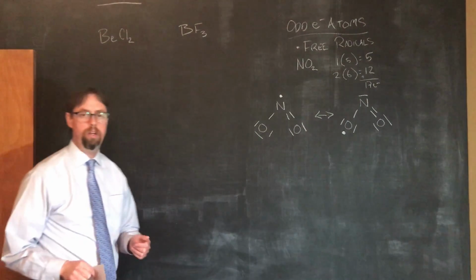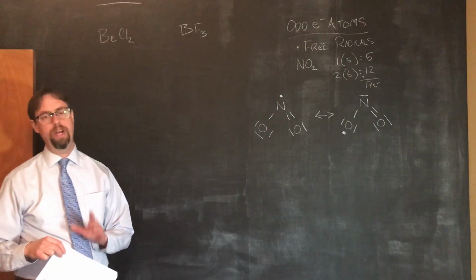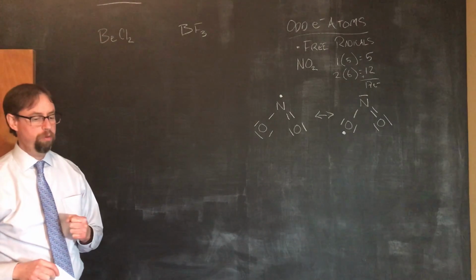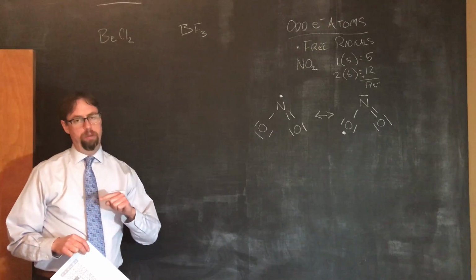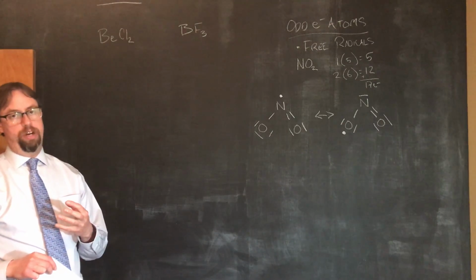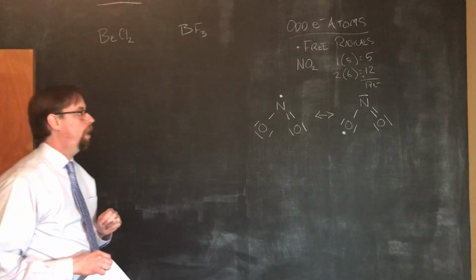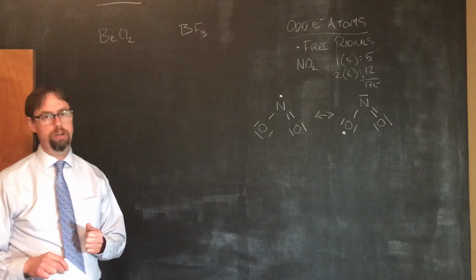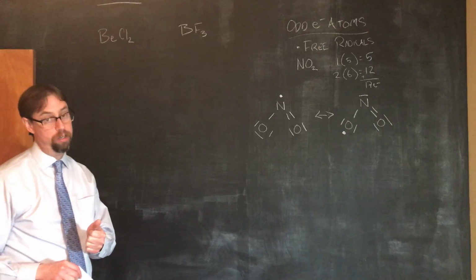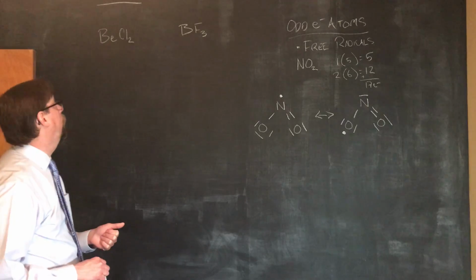Okay, for this video I'd like to talk about molecules that do not obey the octet rule. The octet rule is the rule that each atom in the molecule will have 8 electrons in its outer shell, other than hydrogen, which prefers to have 2. There are some structures we find that don't obey that rule, and there are 3 things we're going to talk about. We're going to talk about expanded octet, which is the next video, and then here we're going to talk about